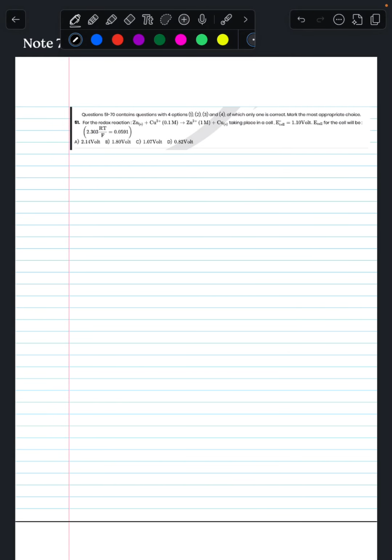So let's start the solutions of today's test paper. So first question is, for the redox reaction taking place in a cell, E naught cell is given, we have to calculate E cell. So reaction is zinc solid plus copper 2 plus aqueous, it will give Zn2 plus aqueous